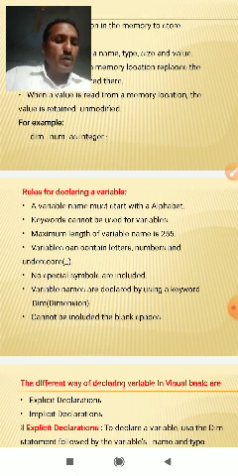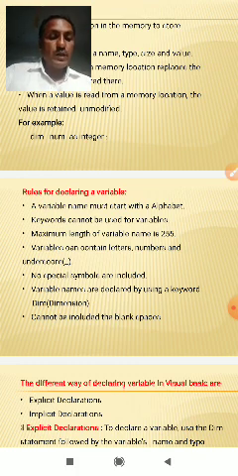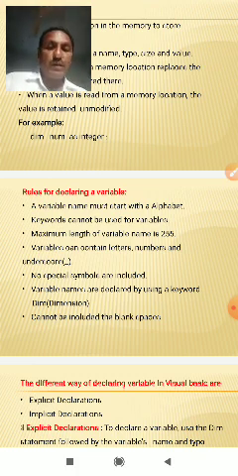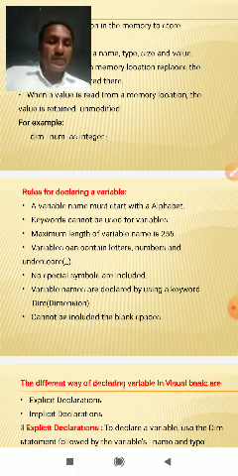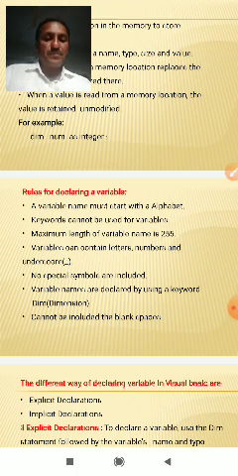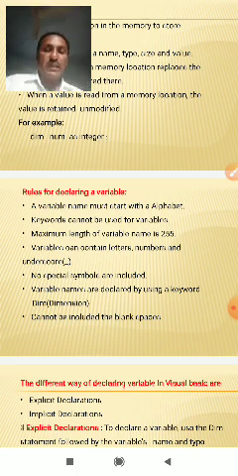Module or public. There are three levels of scope of a variable in Visual Basic: procedure, module, and public. Number one, variables declared in a procedure are private to the procedure.